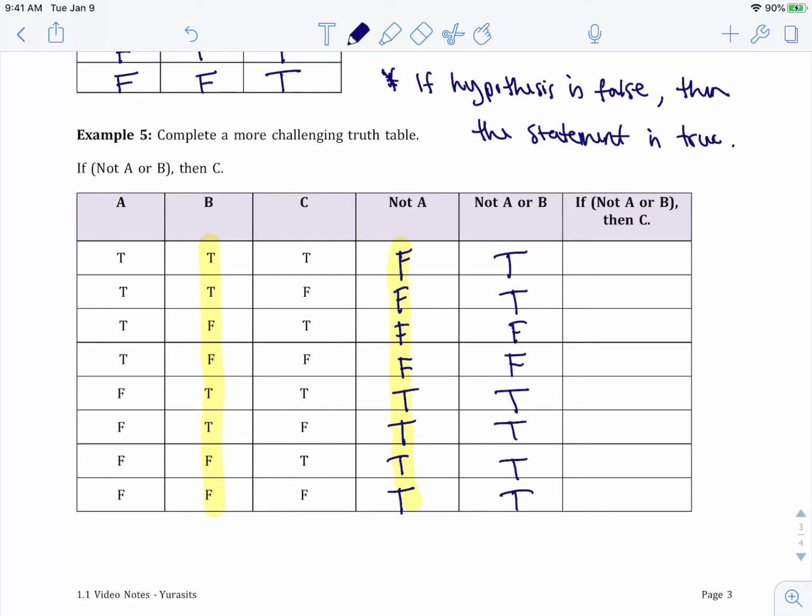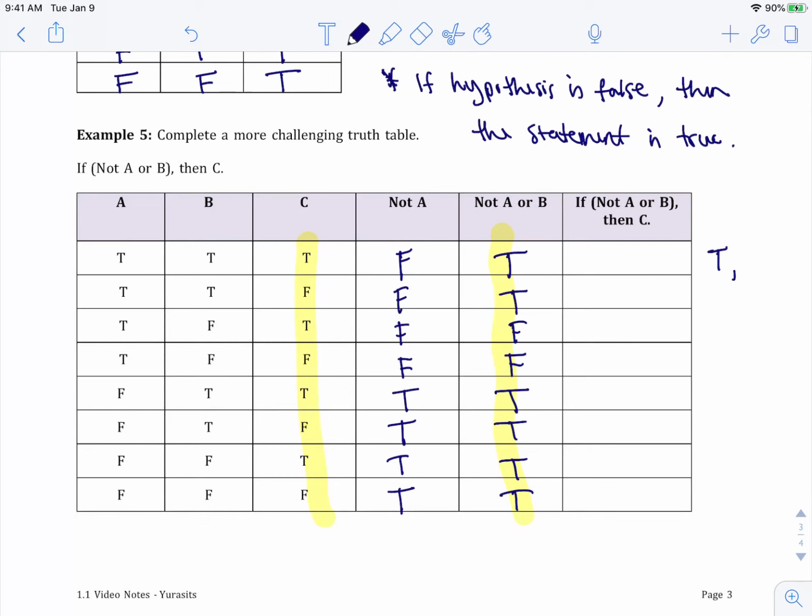All right. Now we're going to do this conditional statement piece. So now it just wants me to look at if not A or B, then C. So I'm going to take my eyes off this column and focus on if not A or B, which is this column, then C. So order does matter with these conditionals. So this is saying, I'm going to write it over here so I don't get confused. This is saying if true,